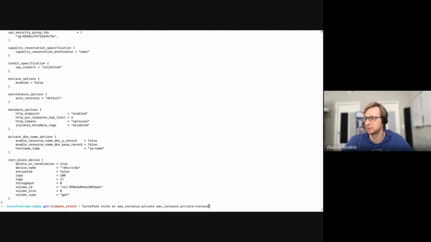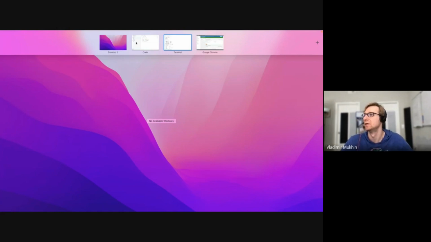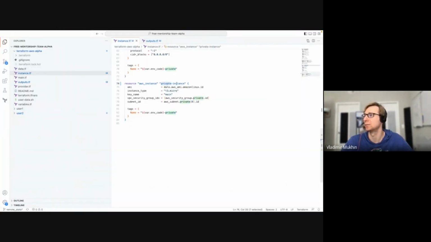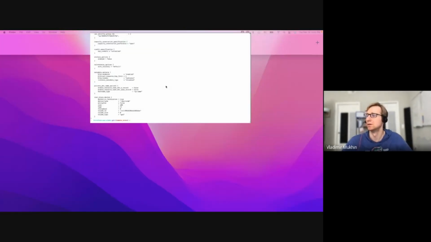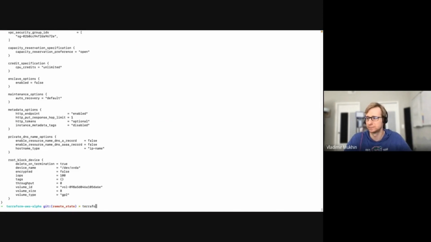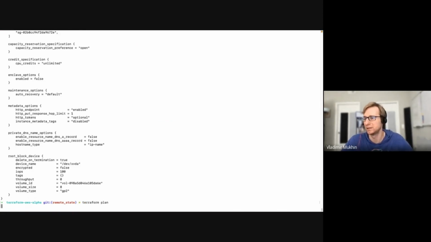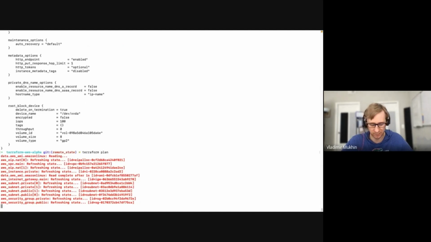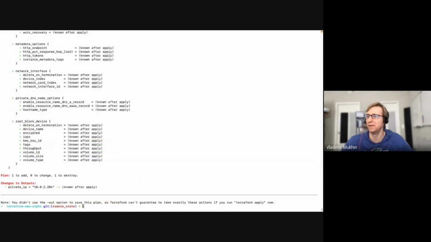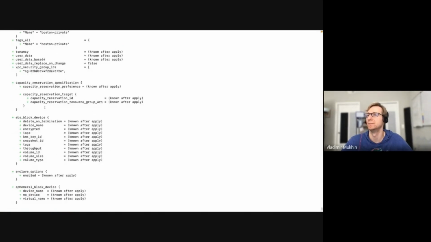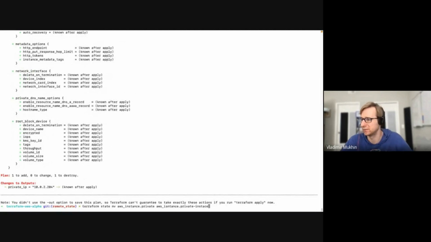So let's do this again, just to make sure we are still on the same page. We have renamed from private to private-instance. When we run Terraform plan, it suggests that it will delete the instance called private and recreate it with the name private-instance, right? But after we run Terraform state move or mv,